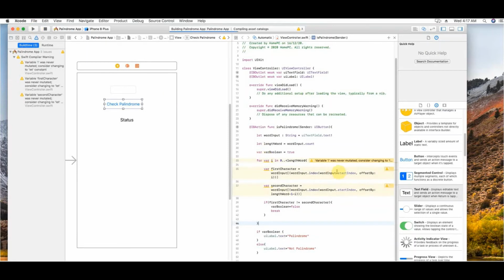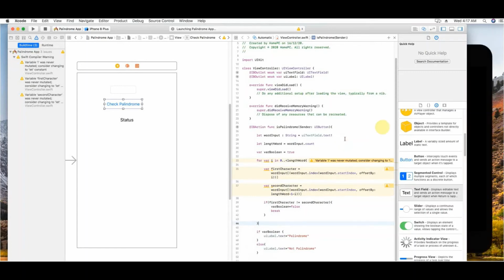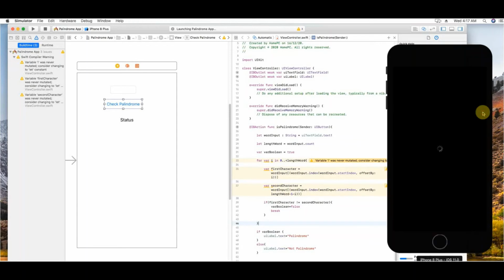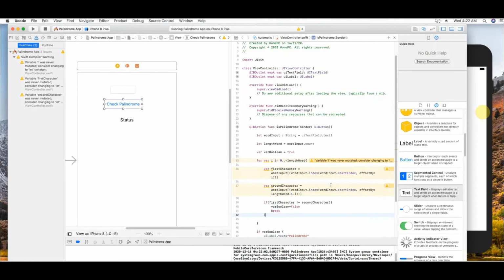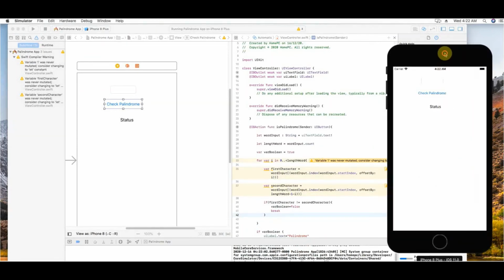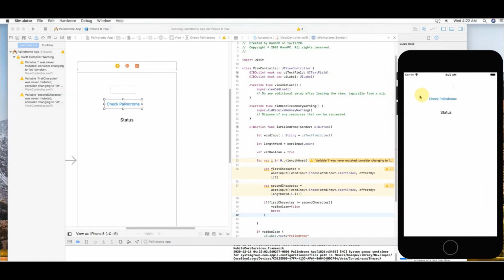And yeah, there are a few warnings. I think they are basically asking me to change it to let, but that's fine for the time being. I'll wait for the simulator to come up. So I'm pausing the recording until the simulator comes up. Oh, I think it came up, so it was pretty quick, but it is still taking some time to load. So I'll just pause the video for the time being. Perfect. It seems like the simulator has come up, and this is the layout which we designed.